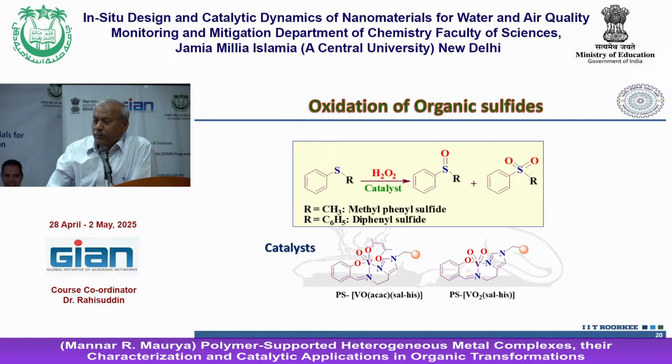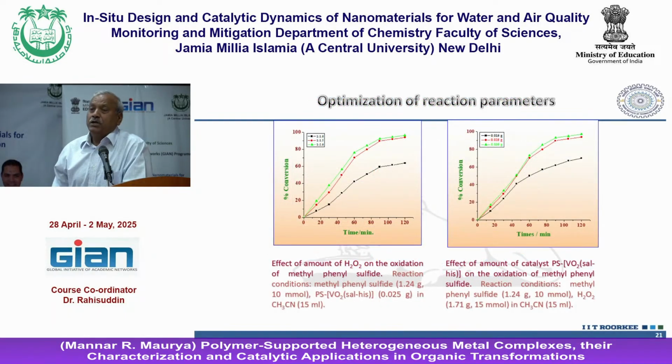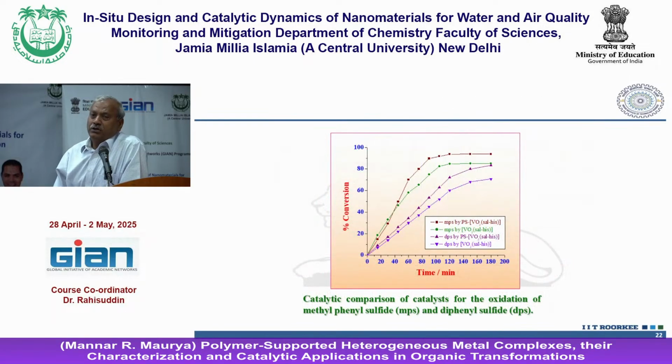So we tried it, and the conditions can be fixed, that is called the optimized condition, to get the maximum conversion or maximum oxidation. What we can do is optimize using different loads of the catalyst. You can also change the oxidant. You can also change the temperature. By doing all these things, once we get the highest conversion, then we can check all our catalysts under